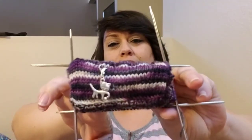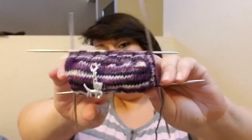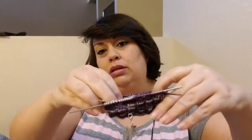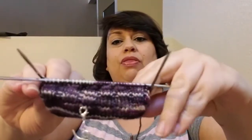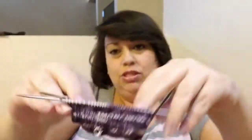a rectangle that I knit back and forth for a few rows. And then I picked up stitches all the way around. And I'm just doing a 3x2 rib. And I'm just going to go all the way up to the length that I need. And then I'm thinking, because it's going to be a drawstring, and I'm thinking at the end I'm going to make,